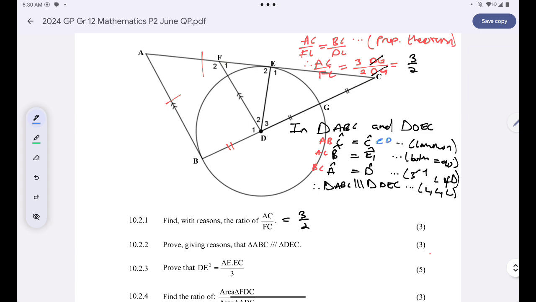ED is subtending angle C, right? Which side is subtending E1? DC is. Which side is subtending angle D? That's EC. Okay, so here I'll simply say,